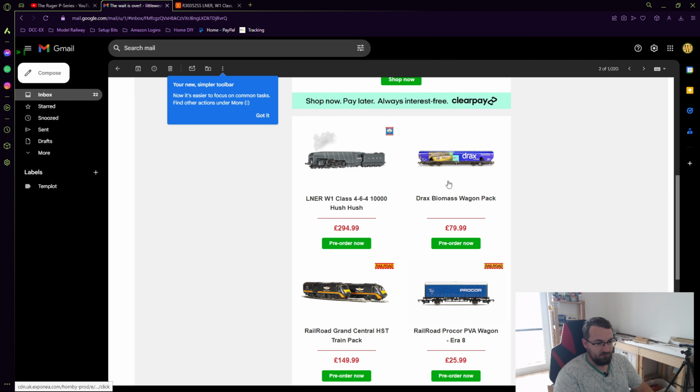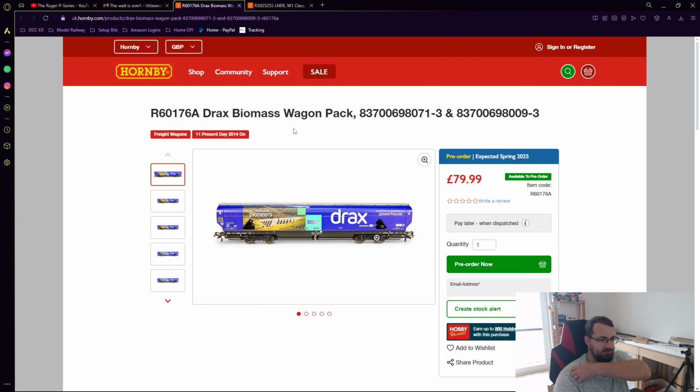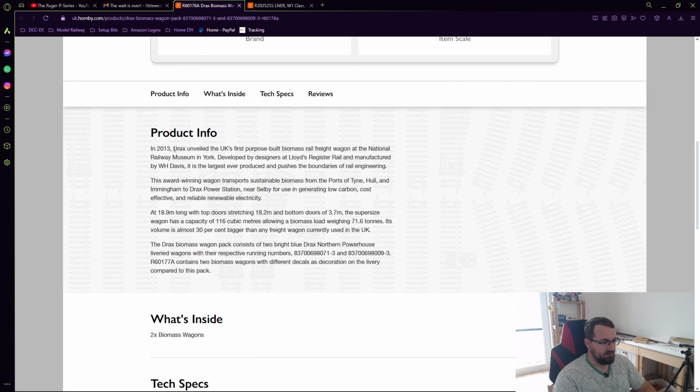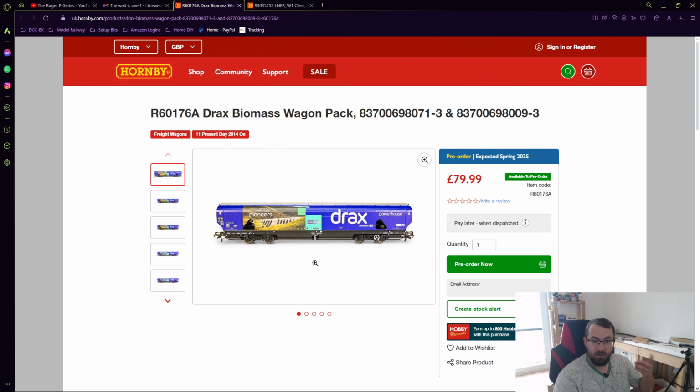Next we have Drax Biomass Wagon Packs. So these are 80 pounds each, so maybe 10% less at the retailers, probably not. Yeah, it's 2013 wagons. I believe they've done this already, and you get 2 wagons with 2 separate running numbers in each pack, and there are 2 packs, I believe, so 4 different wagons